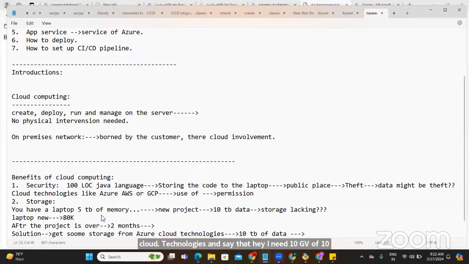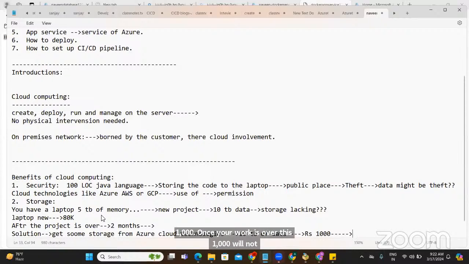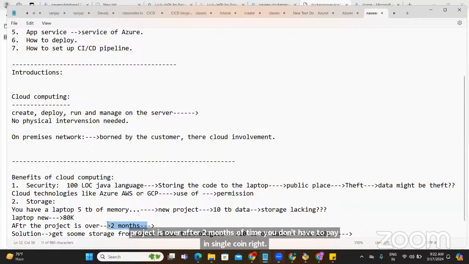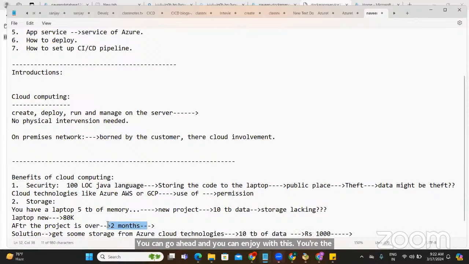How much is the charge? Let's say you might have to pay 1,000 rupees. Once your work is over, after your project is over in 2 months, you don't have to pay a single coin. You can enjoy the same thing, and once your work is over, you don't have to pay a single coin to them.